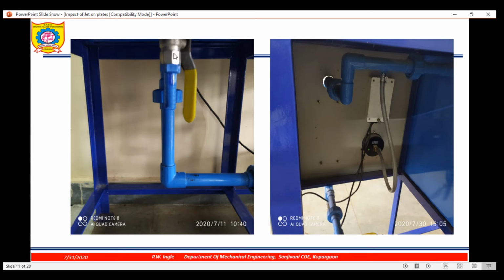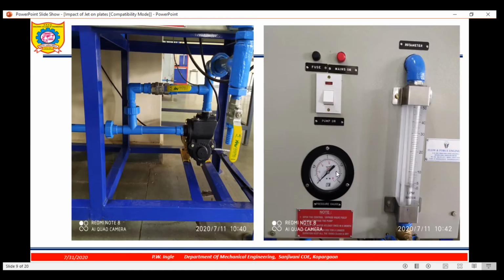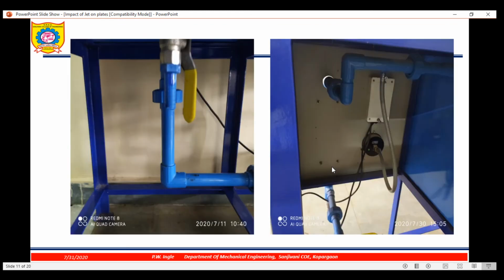What is this pipe connected to? The tank, the bottom of the tank. And it is going to the nozzle, and this is the pipe which is provided to know the pressure. This is what? Pressure gauge. Okay, correct. Now you might have understood each and everything.